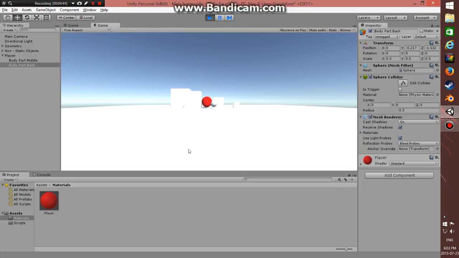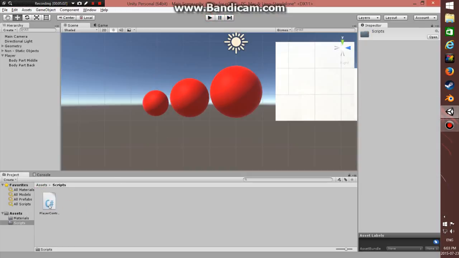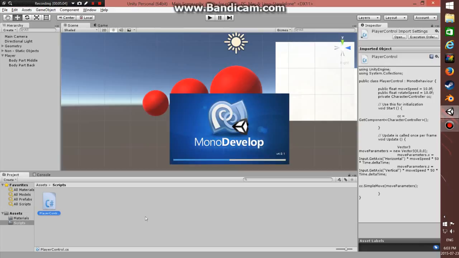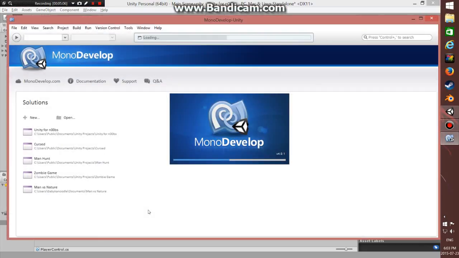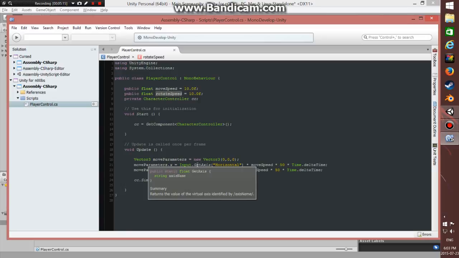So we can move around, we can go left and right, but as you can see we can't turn. So we're going to be fixing that, because turning is fun. We like turning, don't we? So, let's do that. So we're going to go to Scripts, Player Control. Now, in the first episode where we did this, we created a rotate speed which never really ended up being used. So what we're going to do